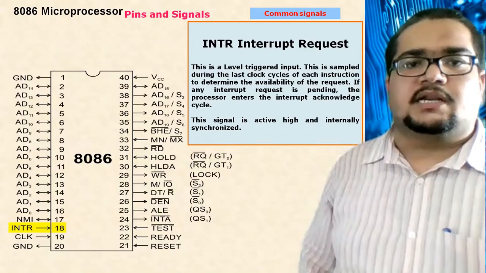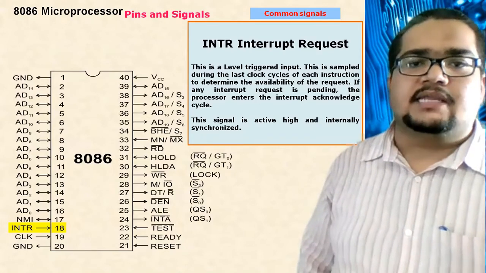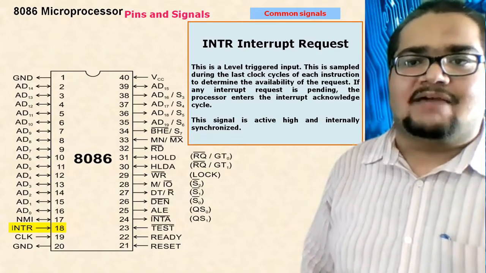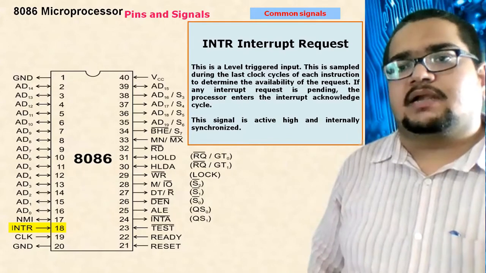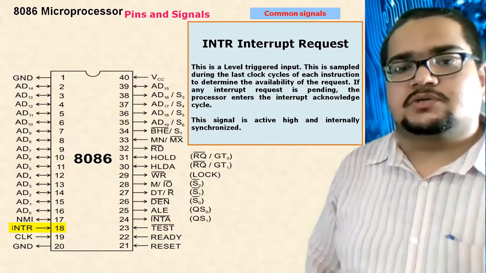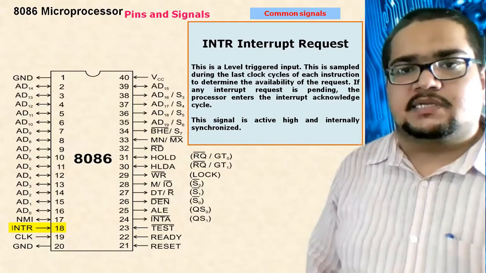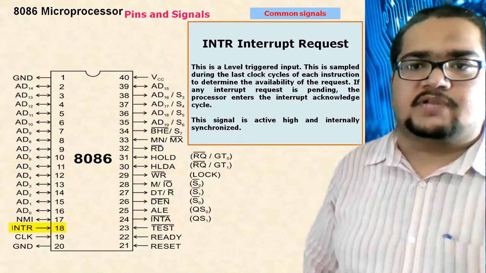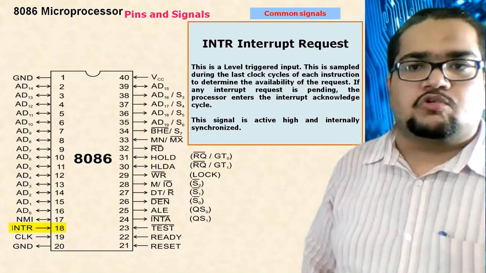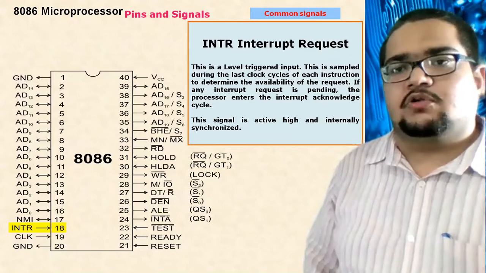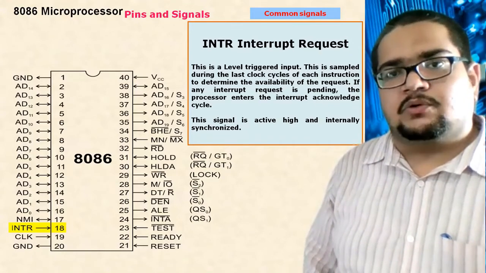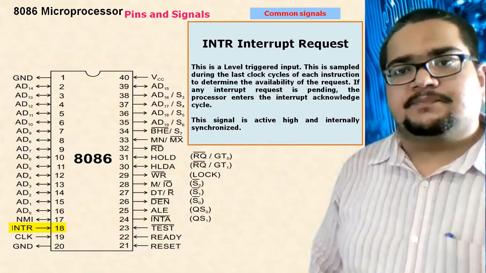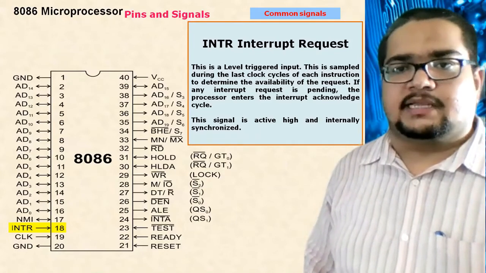Also, another thing you have to notice here is that the INTR request, the interrupt triggering, should be level triggering. About level triggering and edge triggering, you already understood that you have to make this signal logic level 0 or 1 according to the type of the signal. If it is active high, you have to maintain logic 1. If it is active low, you have to maintain logic 0 continuously for a while. When the clock triggers it, the interrupt will be taken into account.